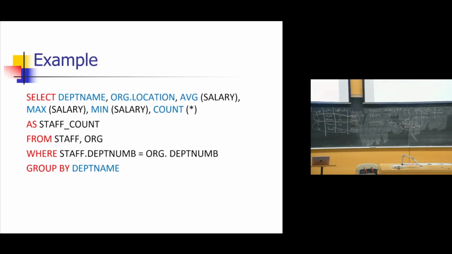Always just imagine what would be the result of the query. For example, if you are selecting department name, organization, location, and so on, it means your results look like what? So just write it. We have department name,